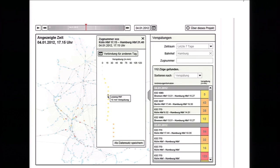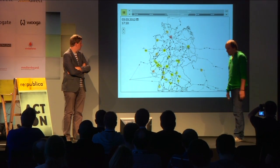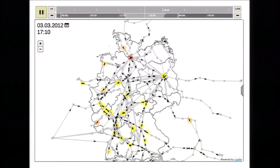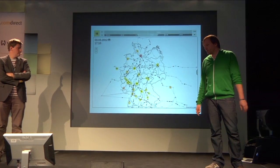Then we had a prototype for quite some time, which looked, I think, until 3 days before we launched, it looked like this. And then we had reworked the map completely. But when we had this, I think we had it in winter, we saw it the first time, this small, like little ants crawling over the map. It was a kind of